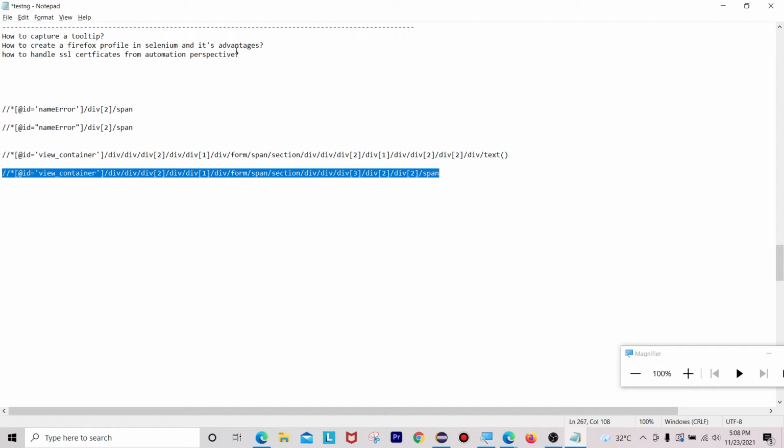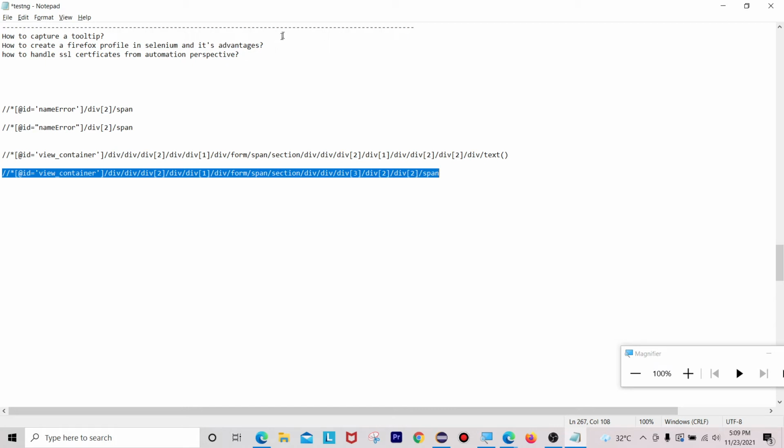And finally the last one is, suppose we created one profile, how can we access the newly created Firefox profile in Selenium WebDriver? We need to use a class, that class name is ProfilesIni, with the help of the method called getProfile. Okay, these are the advantages, and this is the concept of a Firefox profile, why we need to use it inside our Selenium, and what are all the advantages. It is the summary about Firefox profile in Selenium. Okay, it is all about Firefox profile in Selenium.